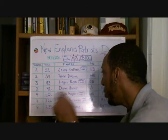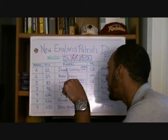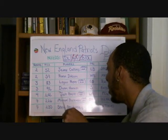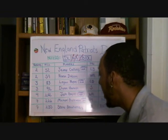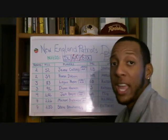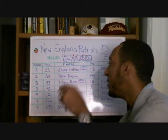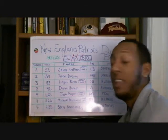So you look at this draft as a whole, and you look at Collins as a triple, Dobson as a triple, Ryan as a double, Harmon as a double, Boyce as a triple, Buchanan as a double, and Bohanaris as a single. You put it all together, and it's a solid double for the New England Patriots, which is okay. Again, being that they didn't have a first rounder because they traded it away, they still managed to get a lot of value in this draft, a lot of guys that I think can make an impact on this roster